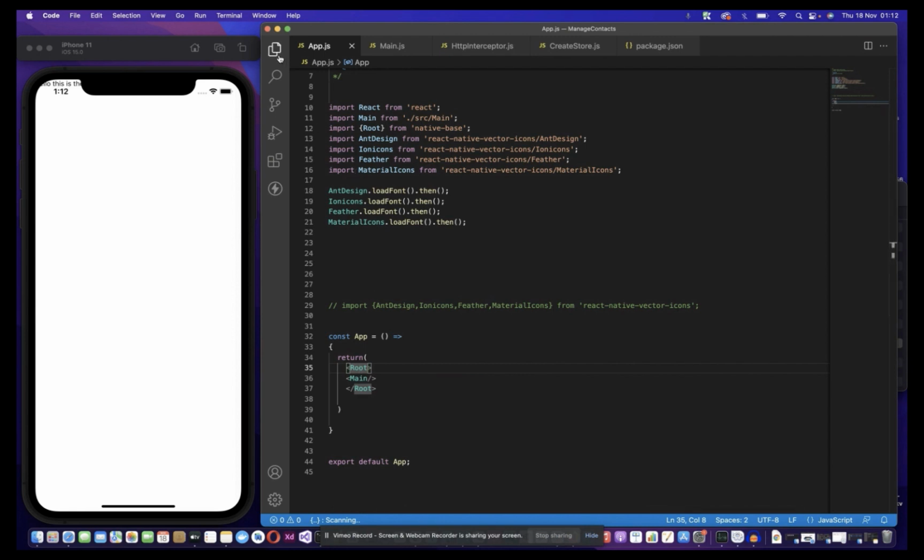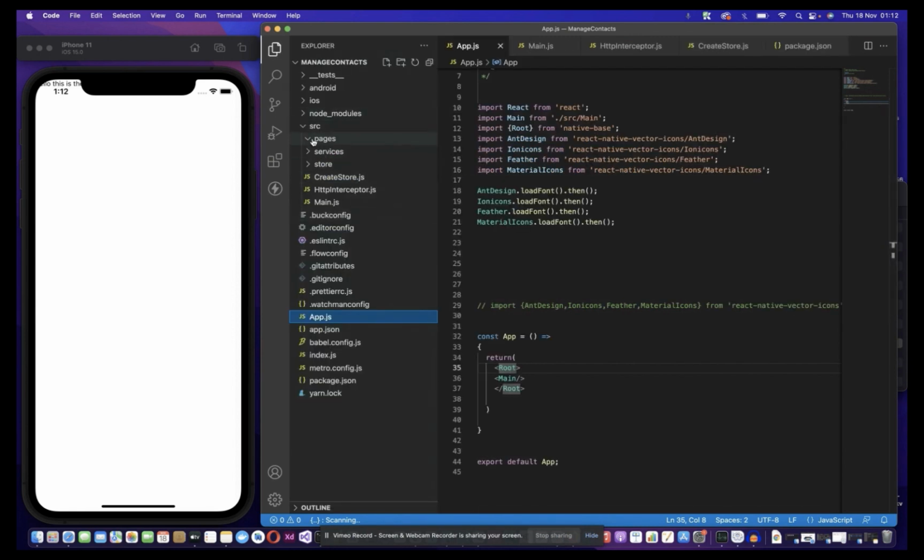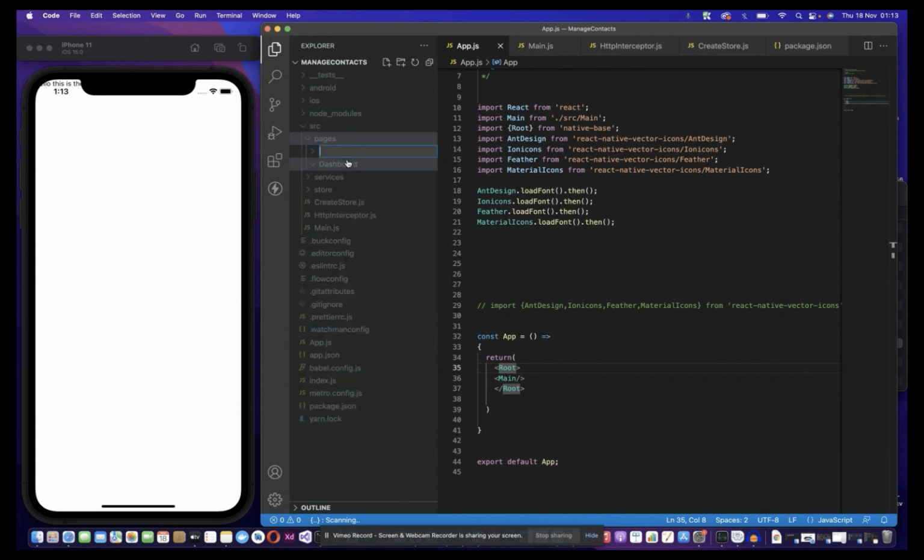Okay, so after setting this up, the next thing we want to set up is going to be our pages. So right in our pages, we are going to create some directories in here. So I'm going to have a new folder here, and this is going to be our dashboard. So all our views for our dashboard will be placed in here, and then we'd have another view for our